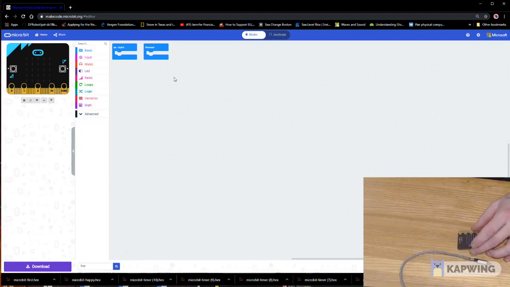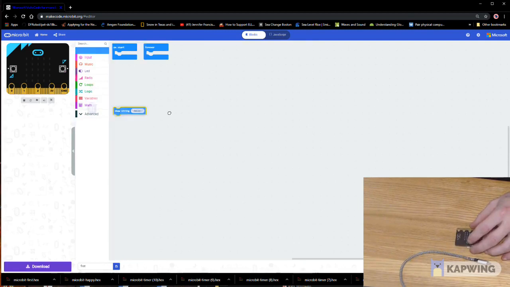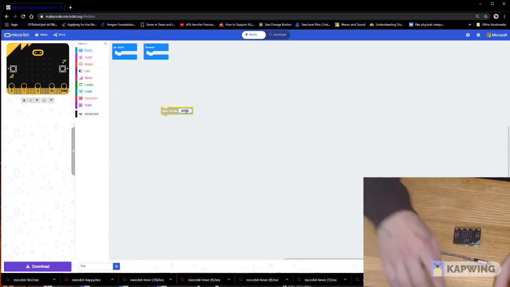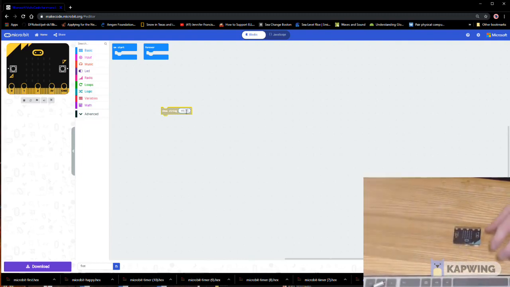So what we want to do first is let's just learn how the OnStart block works. So when I click on my basic, I get these series of blocks, and so I'm going to put show string. Basically that means show me some text. And so I'm going to type into my box,